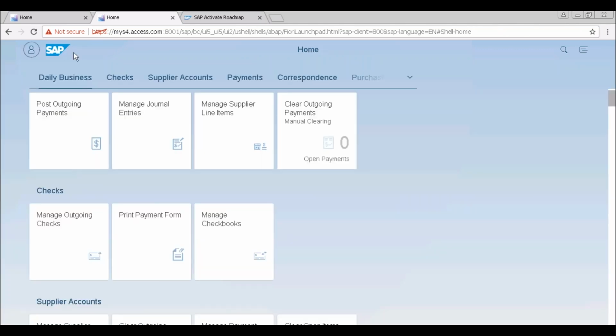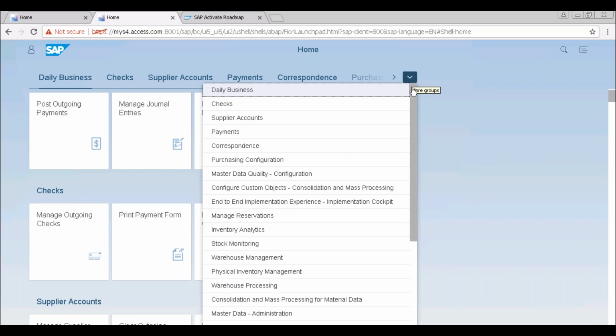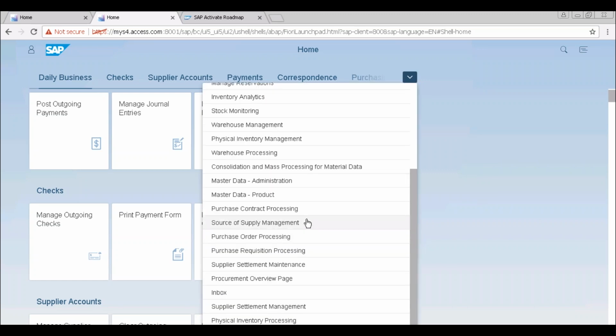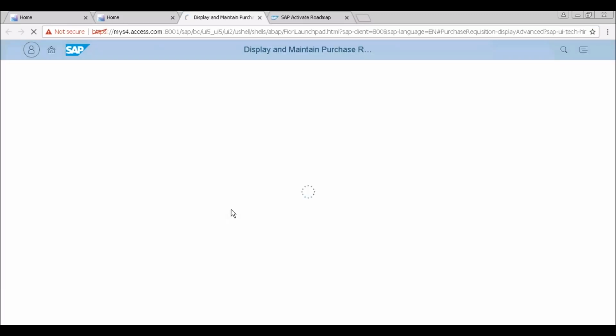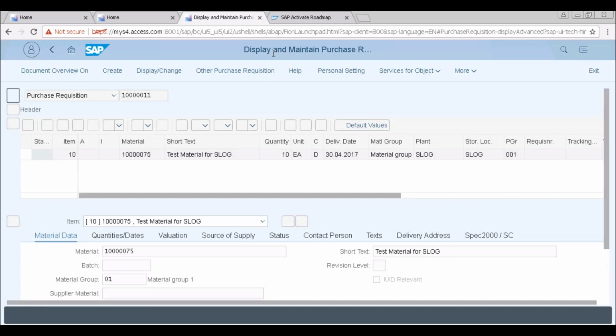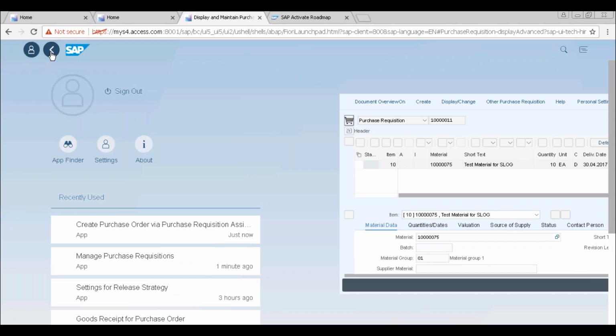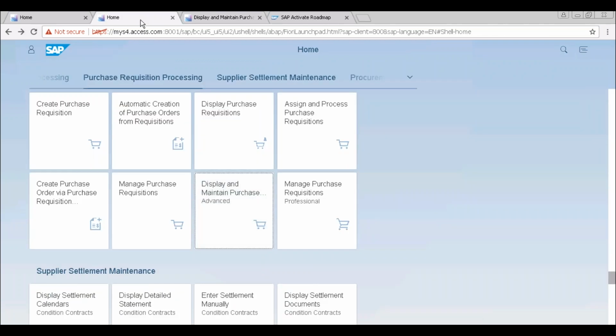Okay, apart from this, again, this is wherever you can see this advanced. If I click on this, it is nothing but the older screen. Okay, whatever old screen you were getting earlier, it is the same screen, display purchase requisition. So don't go with this name. When you see advanced, it doesn't mean that this is something which is giving you additional functionality. This is just saying that,